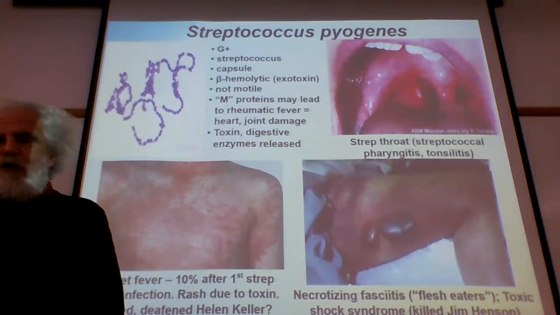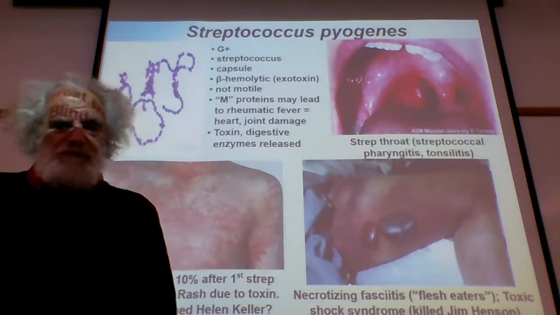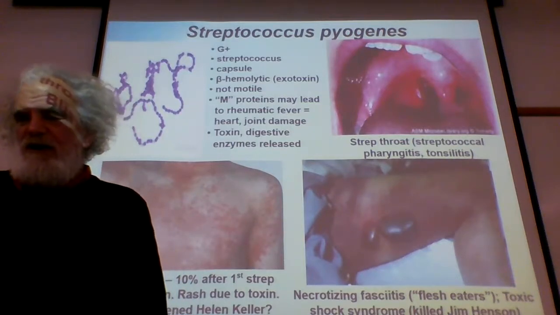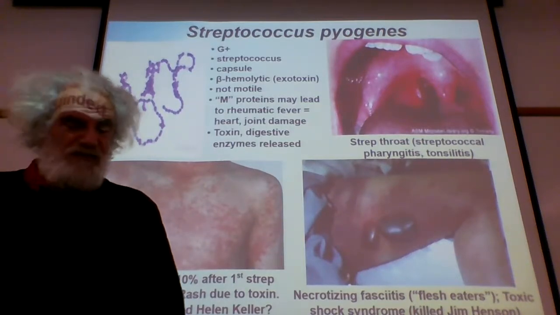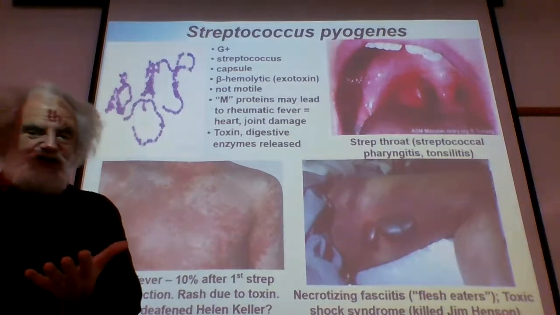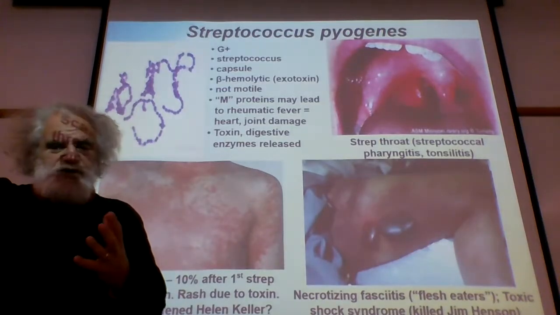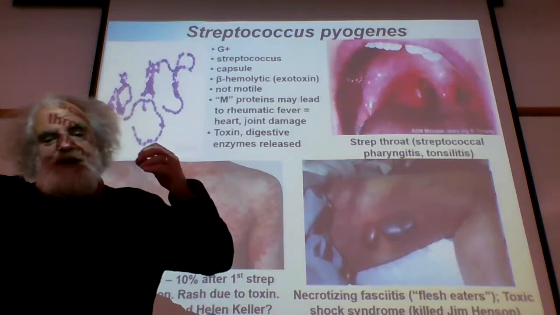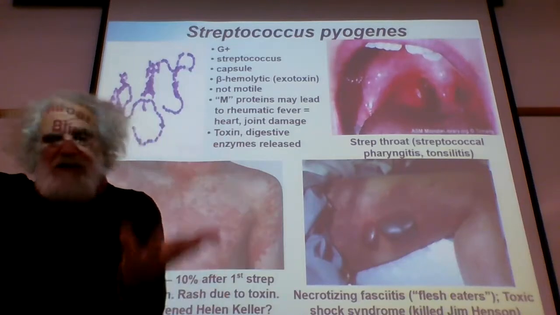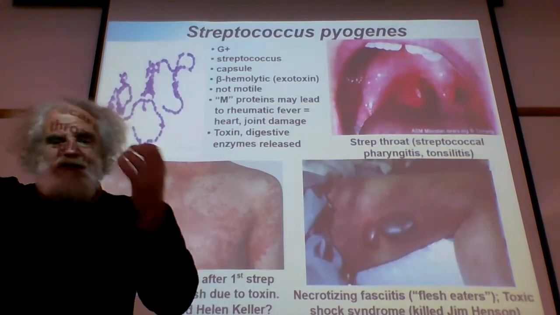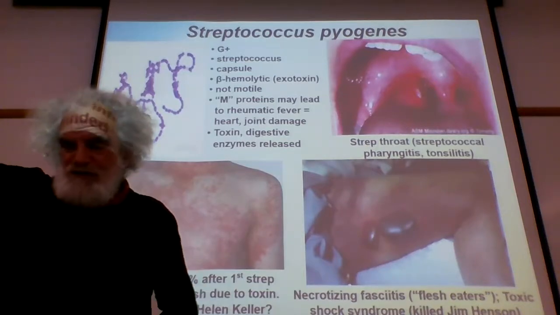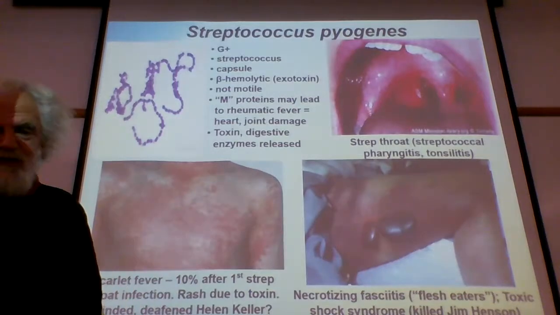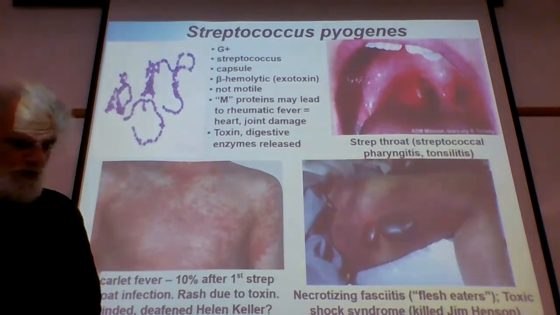And part of what makes it so damaging is that it does have a variety of toxins, exotoxins, that it can release. That's one of the things we're going to see with these bacteria: the bacteria itself isn't all that damaging. It's the candy coating, the exotoxins it releases, all kinds of stuff like that, that is really the damaging part of it. So a couple of things that strep has been involved in, of course, is strep throat,